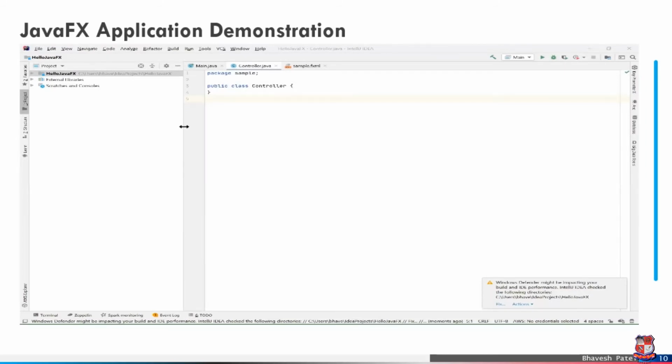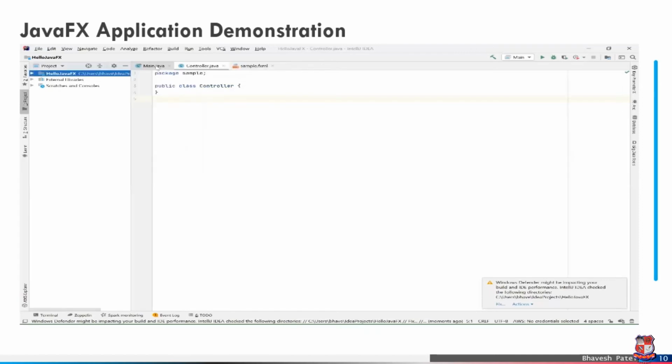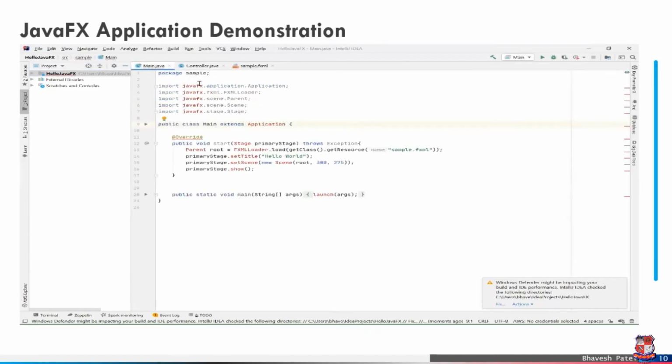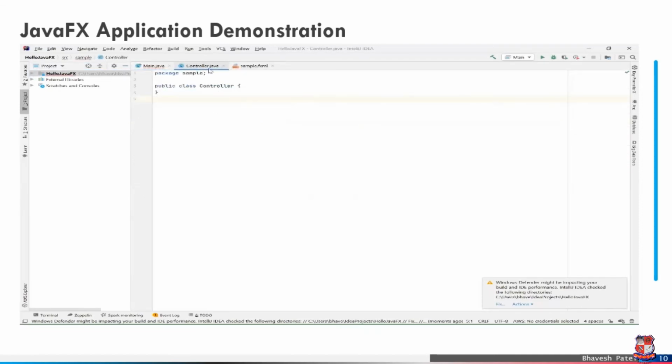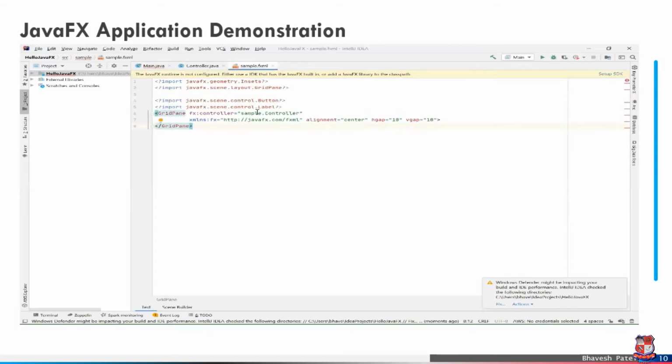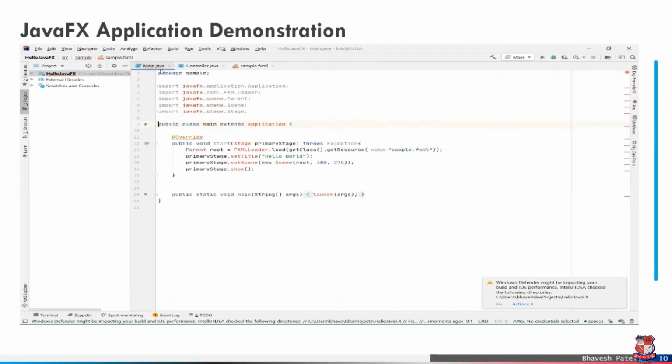Three files are auto-generated: Main.java, Controller.java, and sample.fxml. Currently it is showing some errors because the JavaFX SDK is missing.